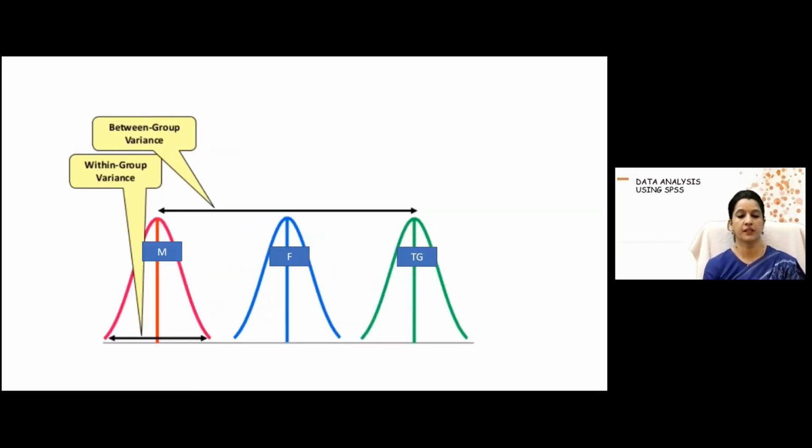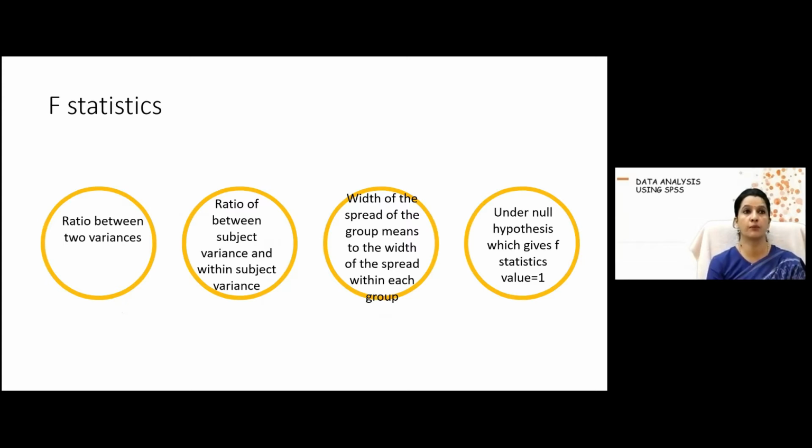So for this, the F statistic, basically we calculate an F statistic in the ANOVA with 2 degrees of freedom. You will see it in the output also. That's why we have 2 degrees of freedom, meaning there is 1 degree of freedom showing the within group, and 1 degree of freedom showing your between group variance. Because against that you have to take the p-value and the F statistic. So the F statistic is, in the numerator, the between group variance, and in the denominator, the within group variance.